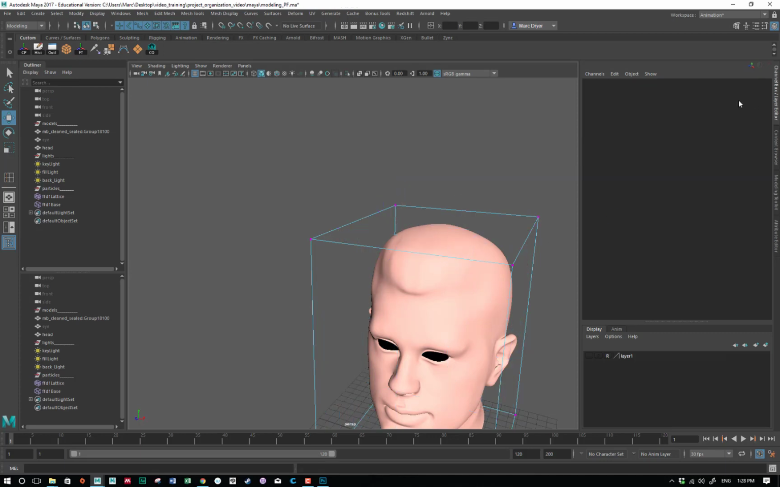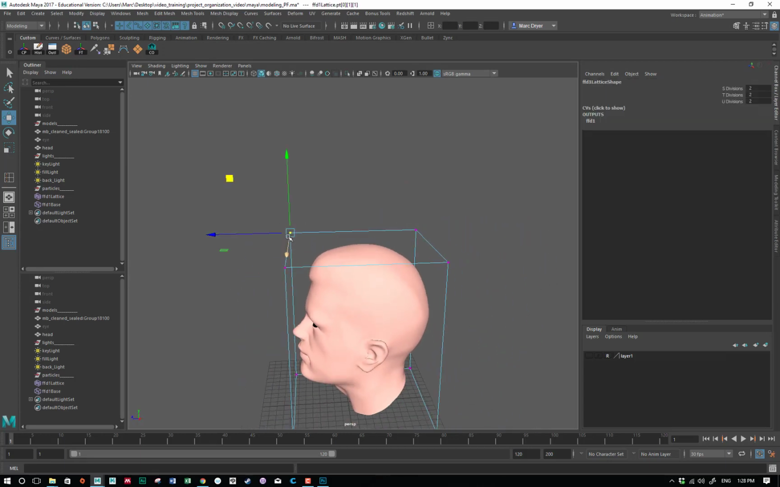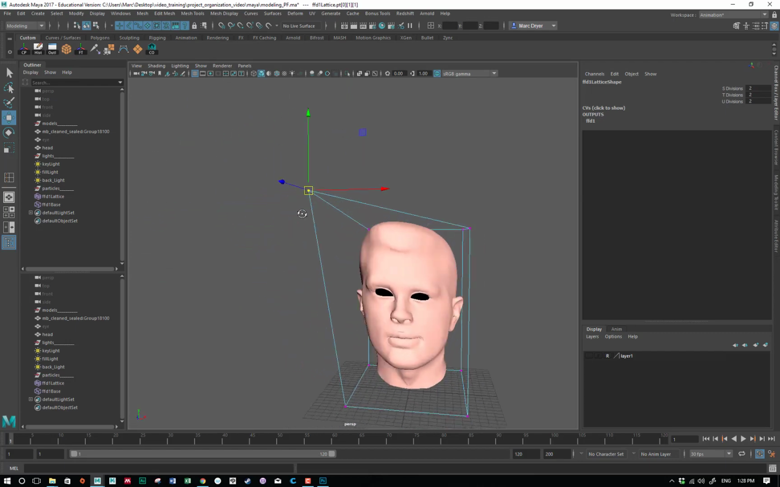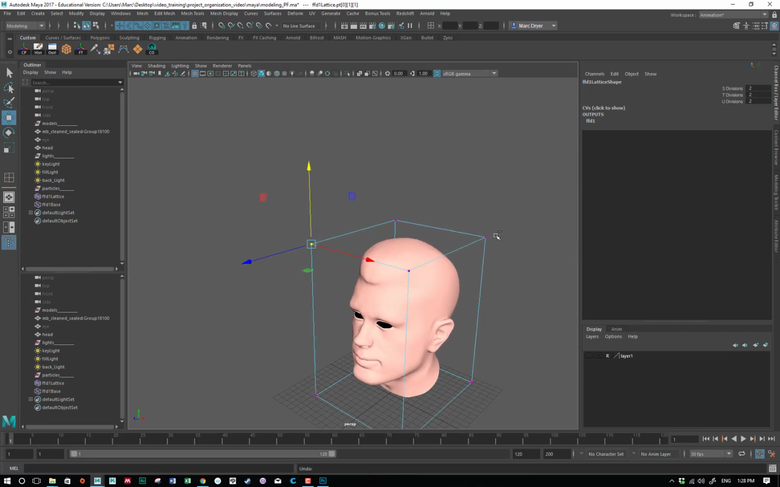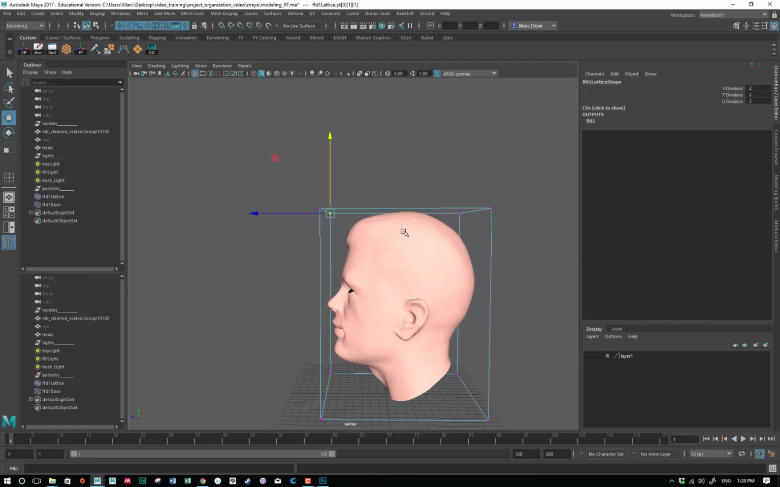So if we just do 2 by 2, then we're just making kind of a box around it that's going to deform it. This can be useful if you've made a detailed model and then you realize you have to make some sort of global change to it. But if I want to preserve that change,